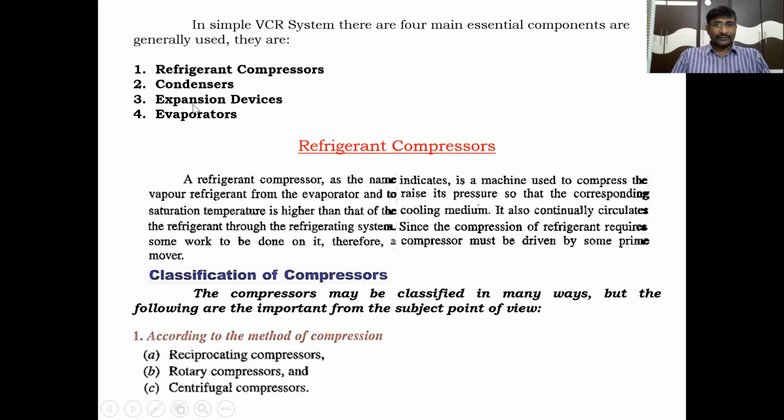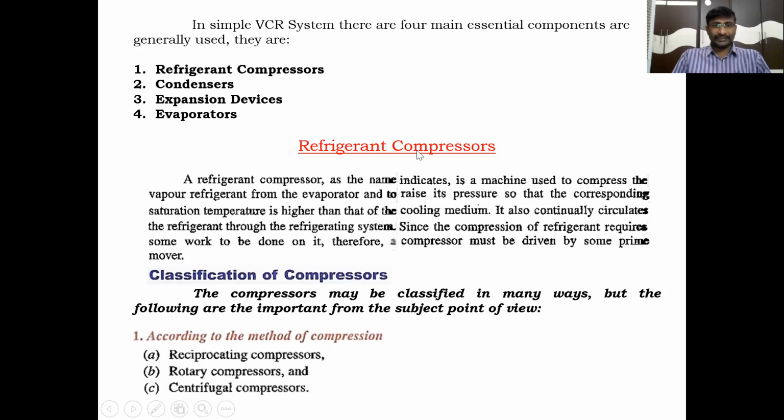The functions of these components, we studied in the second unit. What is the function of the compressor? What is the function of the condenser? What is the process involved in the condensation process? And in the expansion device, what process occurs, and in the evaporator, what type of heat absorption and rejection takes place? We already studied these components in the last unit. But in this unit, we are going to study in detail their classifications and working. Let us look at the refrigerant compressors.